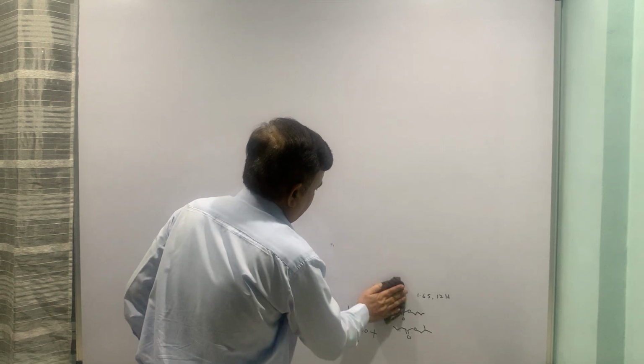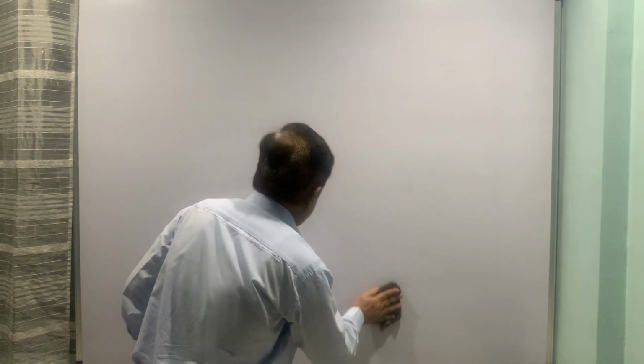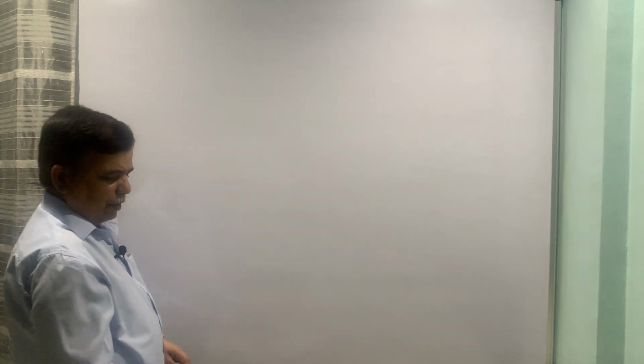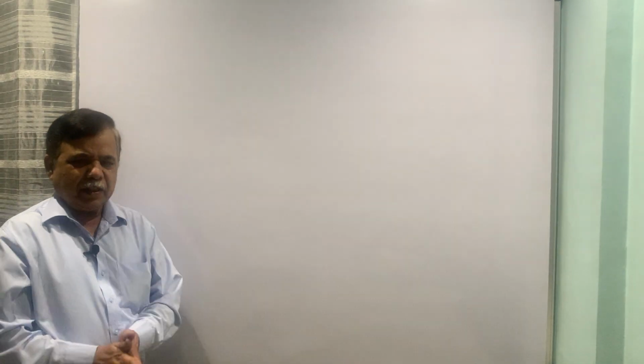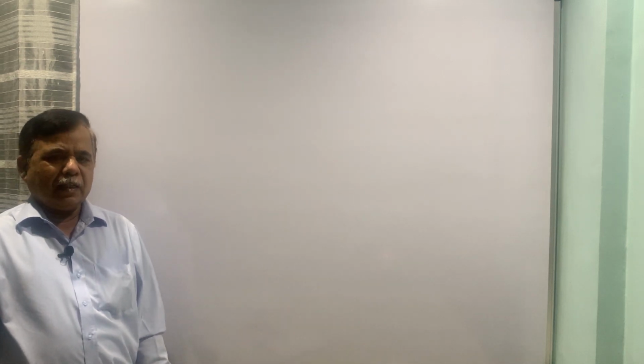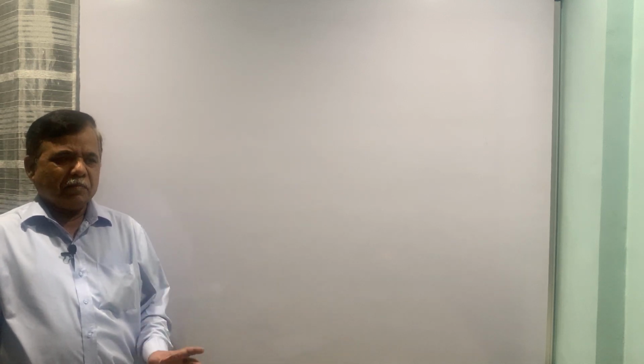Next lecture, a couple of lectures we will spend on CMR, and then we have to start with mass spectrometry, because that will be the last chapter, and once we are done with it we will start with paper solving. For MSc we do not know when the exams will take place, but as far as the portion is concerned, we will have to do some more examples of CMR, I think, and then we can move to mass spectrometry, and then the combined examples of all these spectroscopy. So, more practice is always better for spectroscopy, and we will be doing that.